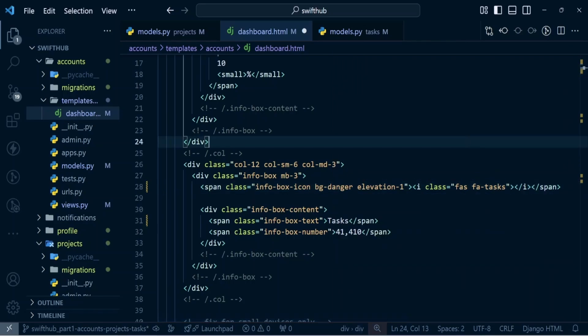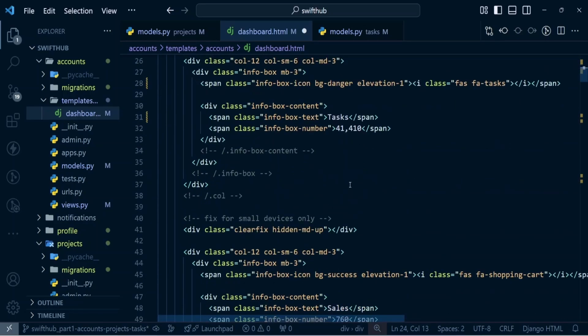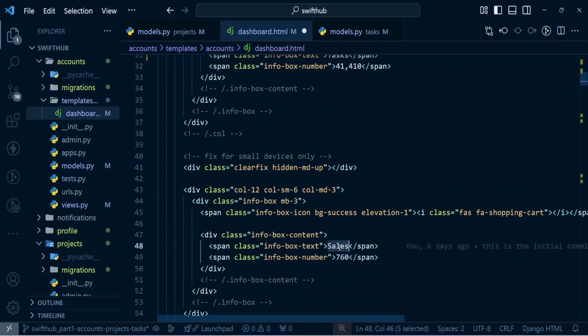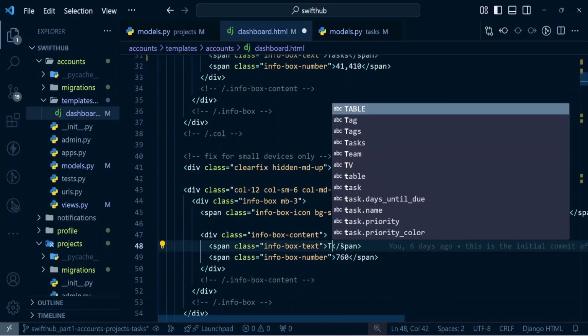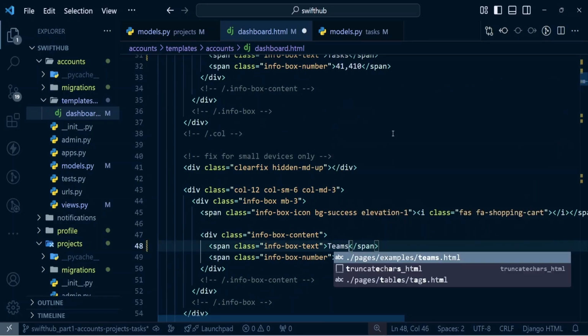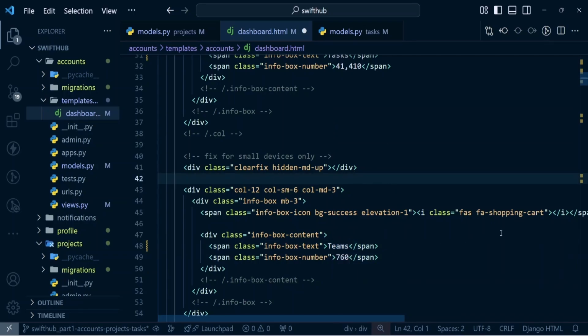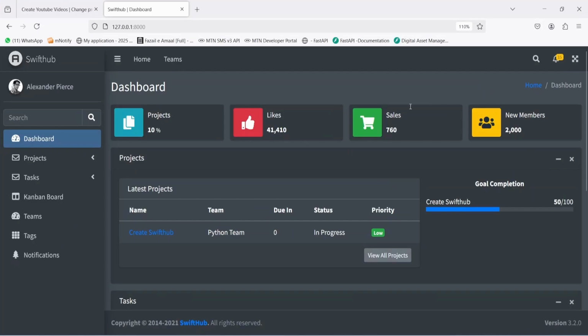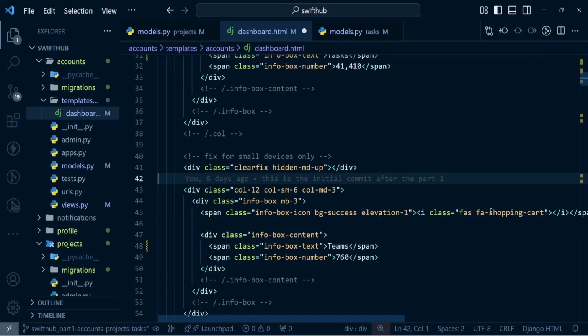Then we're going to scroll down, and the next one is going to be teams. So here we want to show teams. We want to show the total number of teams we have on our system, and instead of showing the shopping cart icon that is coming from here, we're going to show